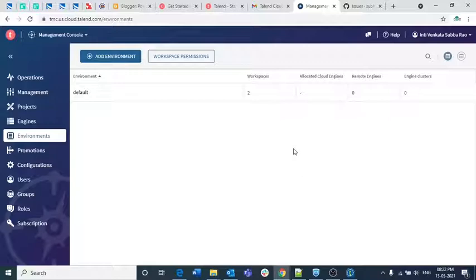Normally, whenever you are in a project and they are using Talend Cloud, you will come across such cases where you have multiple environments. So for that I am going to explain how to create new environments and how to assign permissions to multiple users for that particular environment. I will also explain how to create workspaces and how to assign workspace permissions to different users or different groups.